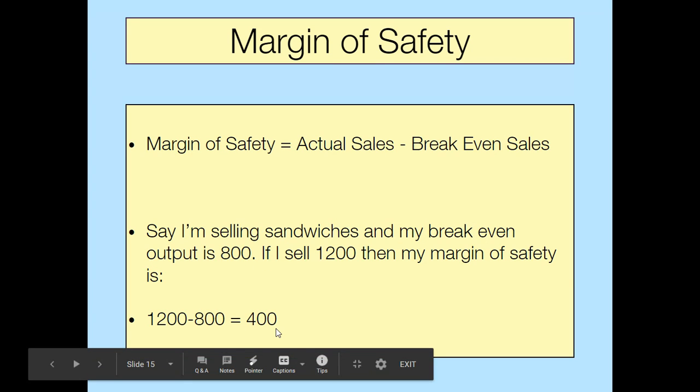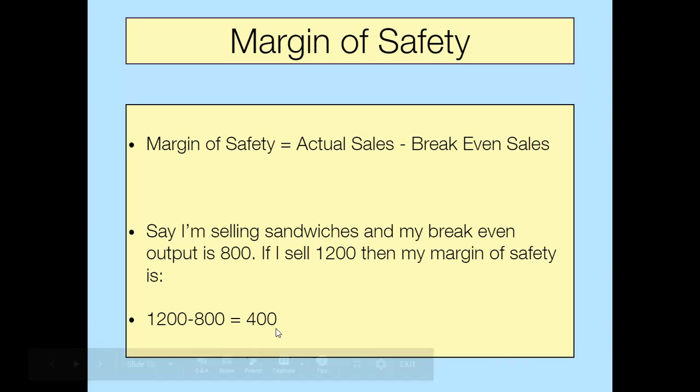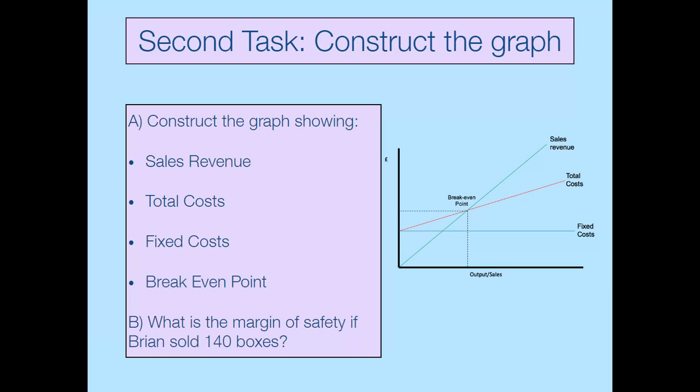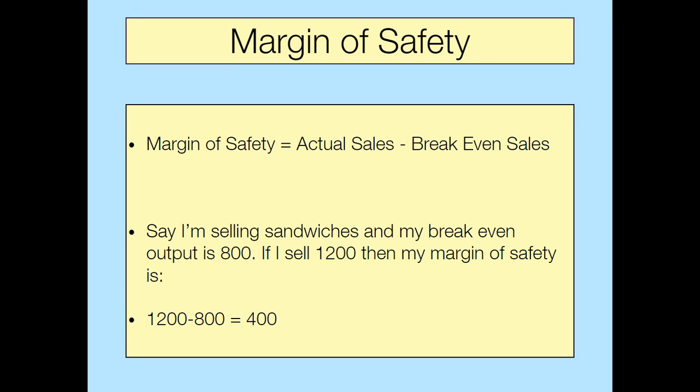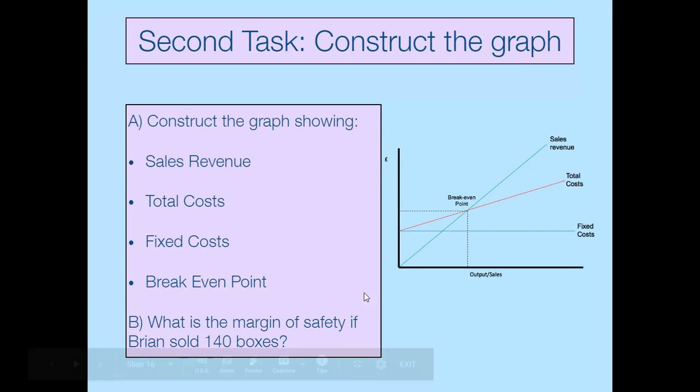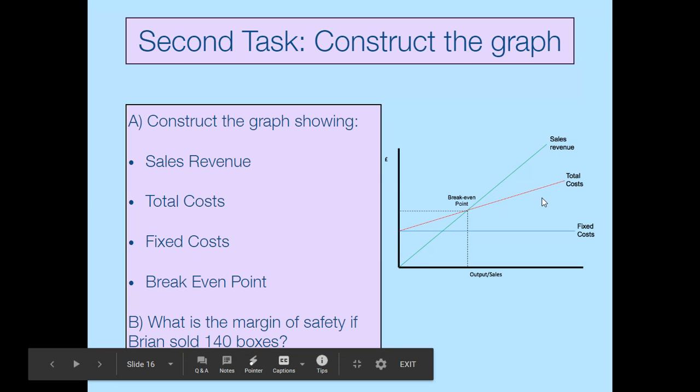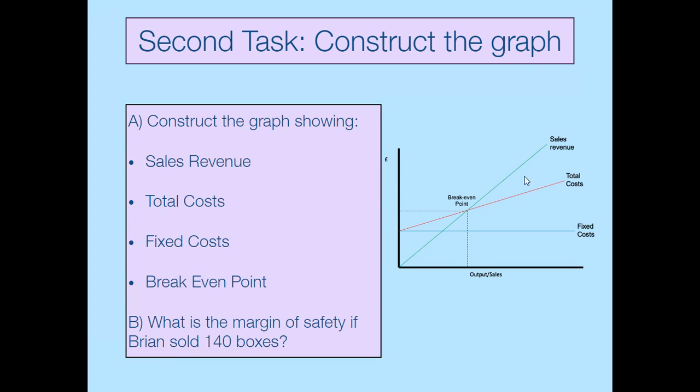That's literally it. The final thing that you need to remember is that you can also find the margin of safety if you're given a graph. Sometimes you'll be given a problem numerically. Sometimes you have to draw it on a graph and then find it. So you need to learn where these lines go and what they represent. And you also need to know that this is the loss area and this here is the profit area. Now, the last thing you need to remember is how to find out the